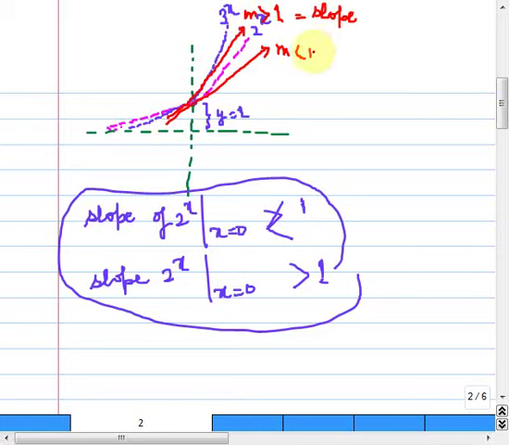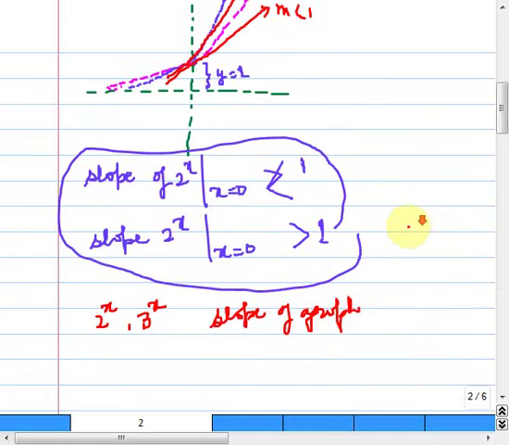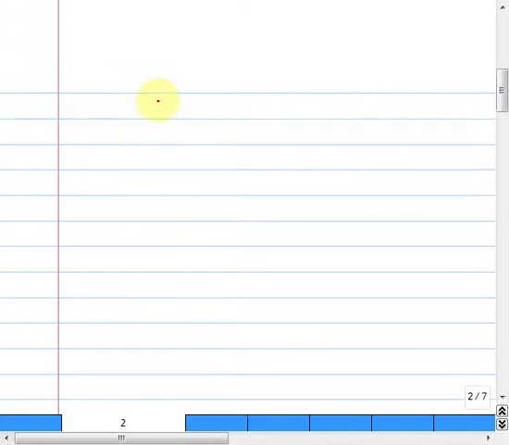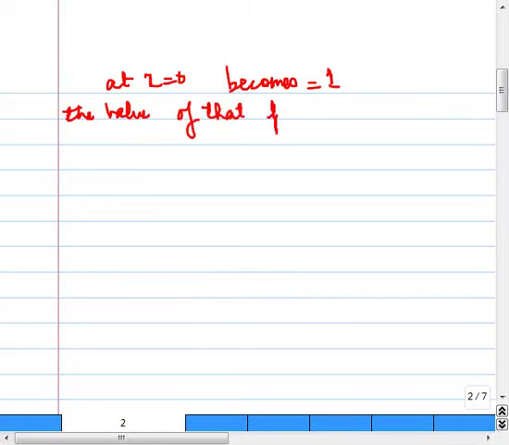So between these two graphs, 2 to the power x and 3 to the power x, there must be some point in between at which the slope of the graph at x equal to 0 becomes equal to 1. The value of that point is